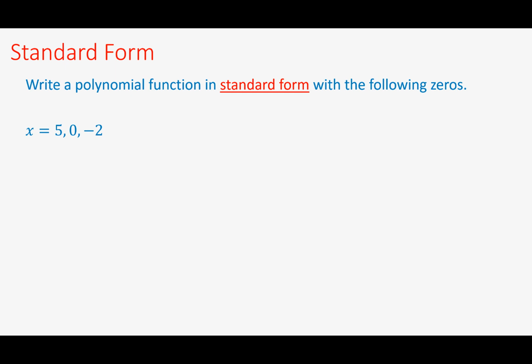All right, let's just do a little practice here. Let's work in our standard form again. So write a polynomial function in standard form with these zeros. So I'm telling you now, we have some function going on that we're going to create, but it has zeros. It's crossing the x-axis at 5, 0, and -2. So if I know my zeros are at 5, 0, and -2,